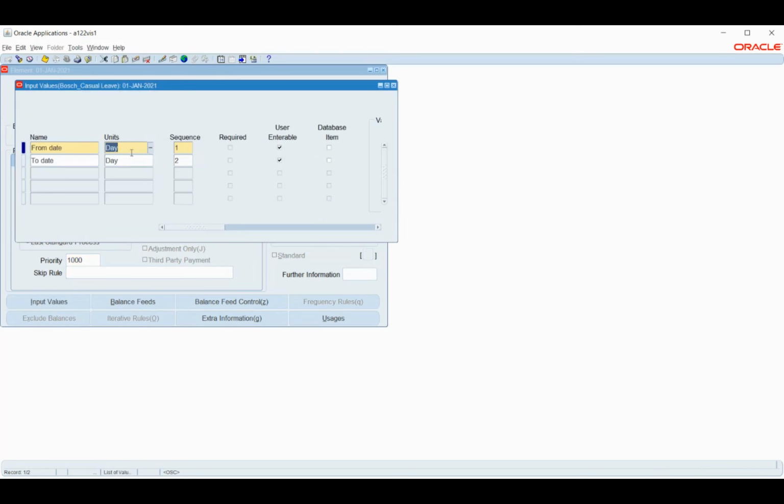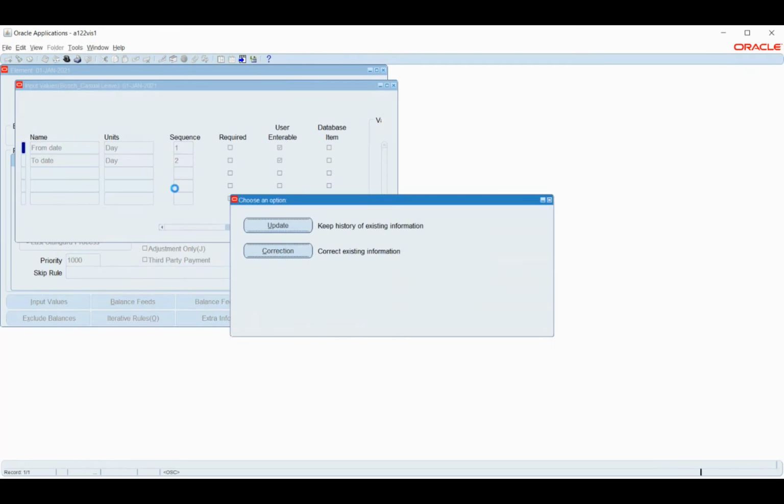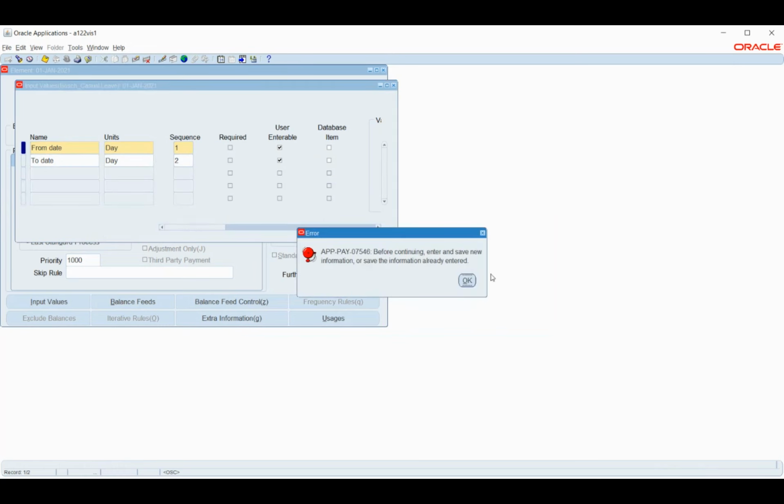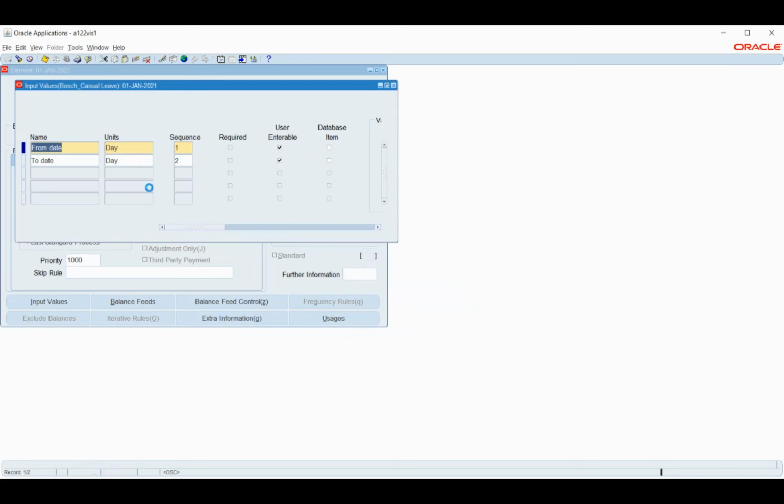Yeah. So I have given this as a date. So that's the reason it is not allowing. Okay, this is frozen, I think. That's why it's not allowing to change. It says that the only value present in this field is day. Because if we click this list of values, we should have some values inside it. But now we are not able to do it. Or if I want to create a new record, not able to create it.